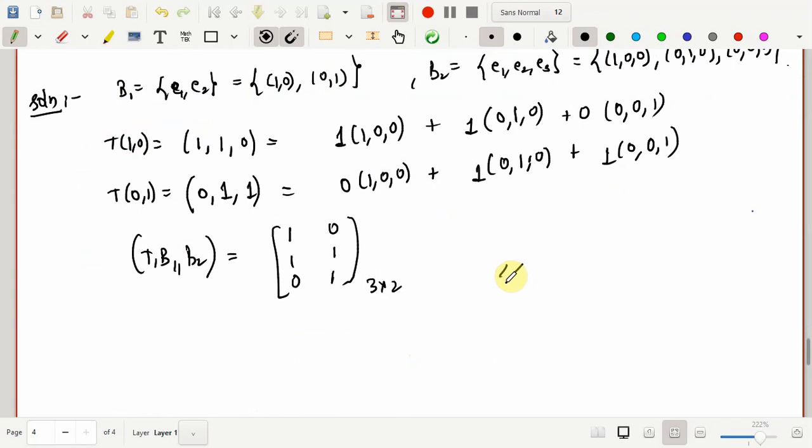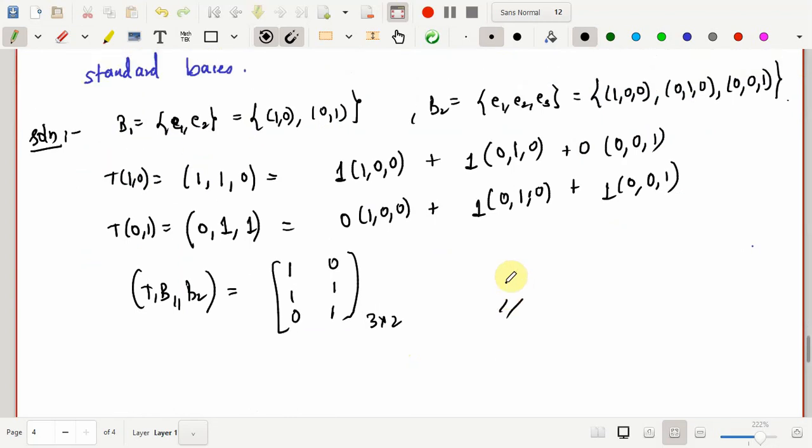Only thing, if the basis is other than the standard basis, then in that case you'll have to do certain computation to find those scalars. Okay, so you may take some more examples from the textbook and try to find the matrix of the linear transformation with respect to the standard basis. Okay, so as I mentioned, this is the last part of linear transformation. The next class onwards we will start with a new chapter called inner product space.